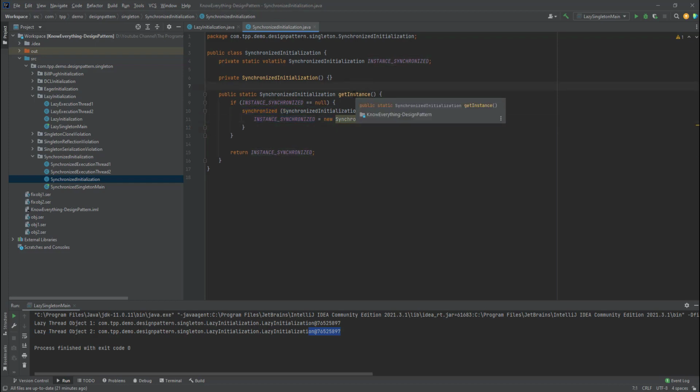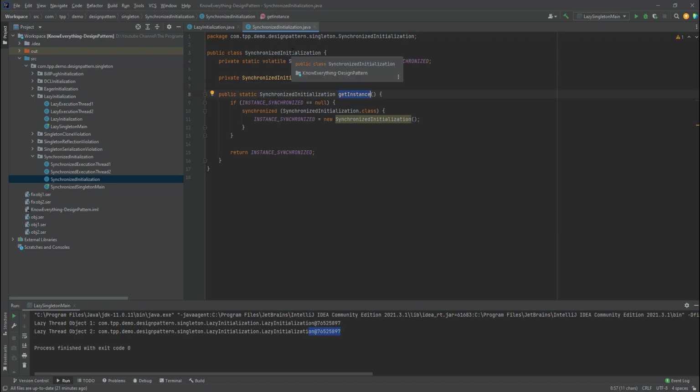Let's say there are 10 threads trying to access the getInstance method of the synchronized initialization class. When all the threads are calling this getInstance method, they will first check whether the instance_synchronized instance variable is null or not. All the threads will find this variable as null because it has not yet been initialized with an object. All the threads will come to line number 10, where only one thread will get access to this monitor, whereas all the other 9 threads will have to wait at line number 10 till the first thread completes its execution